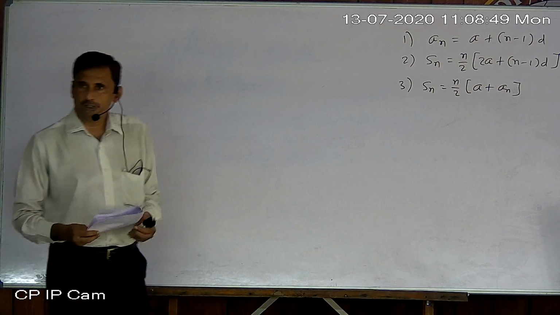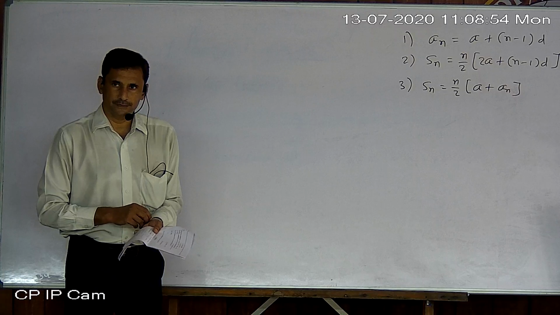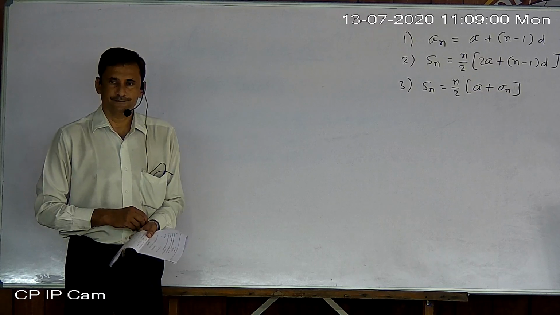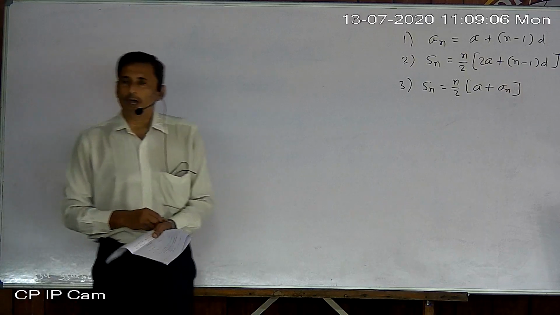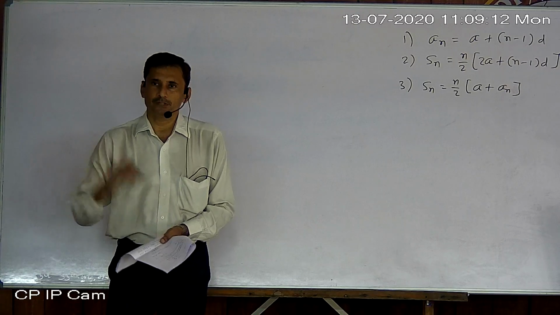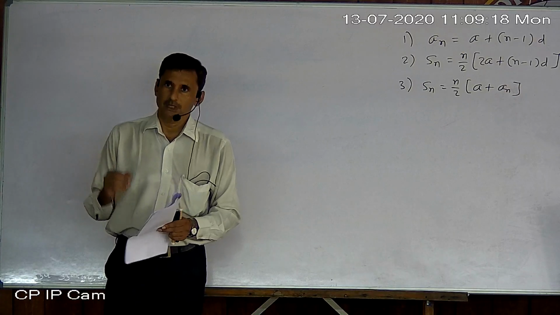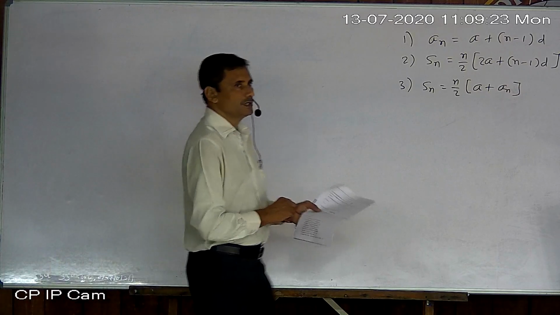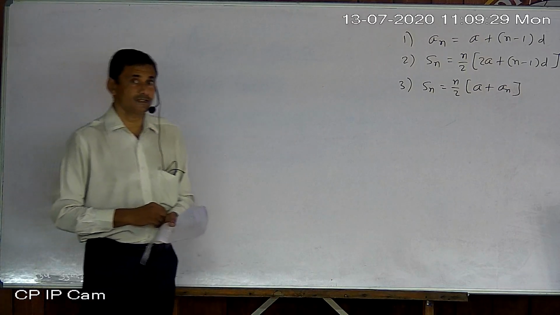Yesterday we solved sums regarding the sum of terms of an arithmetic progression, that is Sn. In an arithmetic progression, if the progression itself is given, then we can find the sum of particular terms. Suppose the sum of the first 10 terms, first 15 terms, first 18 terms, first 50 terms. Now, in question number 3, some mixed exercise, mixed practice, is given.